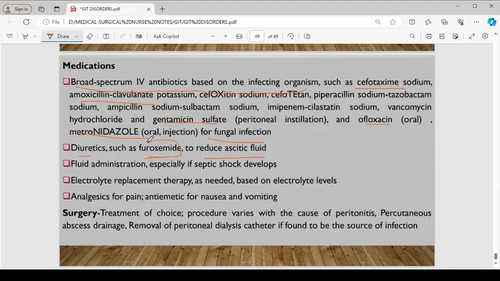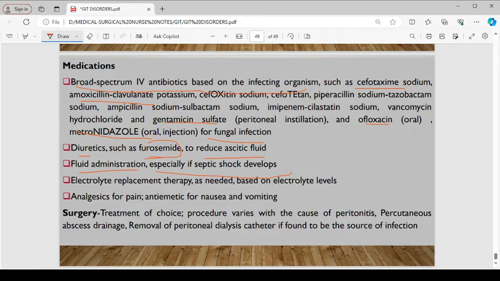Furosemide is a loop diuretic. We could also have fluid administration, especially if septic shock develops, and electrolyte replacement as needed. Lastly, you have analgesics for pain and antiemetics for nausea and vomiting. Remember, surgery is the treatment of choice for